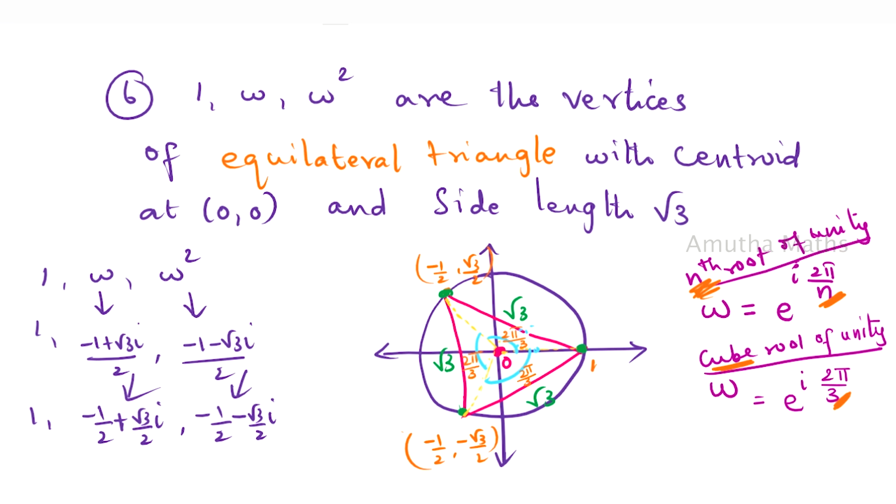So all the 3 roots lie on the circumference of the circle whose center is at the origin and radius equal to 1. These roots divide the circle into 3 equal parts and form a regular polygon. The regular polygon here is an equilateral triangle. If you join all the roots, you get an equilateral triangle. They form the sides of the equilateral triangle. So these are the important properties. You have to keep them in mind.